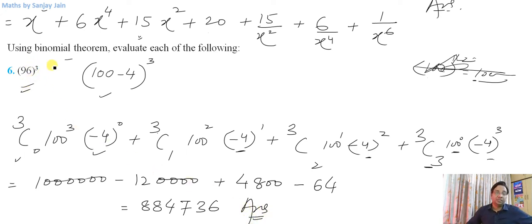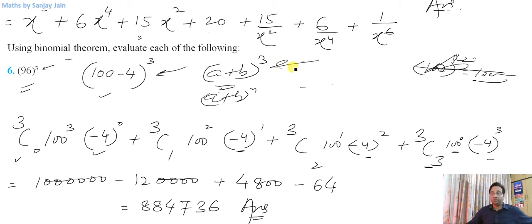Okay, now this is third power. You could have also expanded it using your a plus b cubed formula or a minus b cubed formula, right? There was no need of binomial theorem. Otherwise, binomial theorem is also expansion of this idea, right? For a plus b, fourth power, fifth power, sixth power. So it can be applied here also. What I mean to say is, if it was not written that we need to use binomial theorem here, we could still solve this because we know the formula for a plus b cubed or a minus b whole cubed, right? Let's see what is the next one.